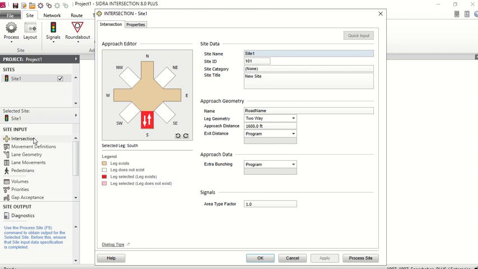Right now it's a 4-leg intersection, and you can see the roads are perpendicular to each other. But we may have a road which is not perpendicular. It can happen, right? Then you can have an intersection where one road comes like this and the other one is in this way. So you can select what type of road you want. So for example, I select this one,